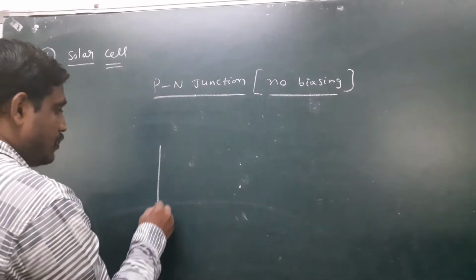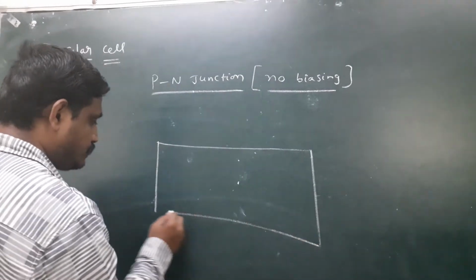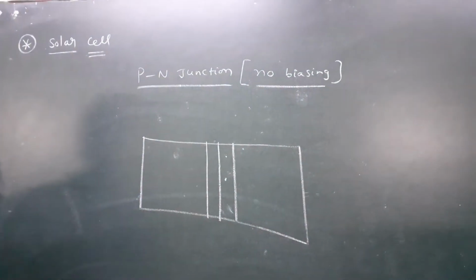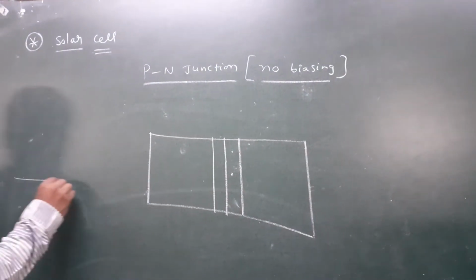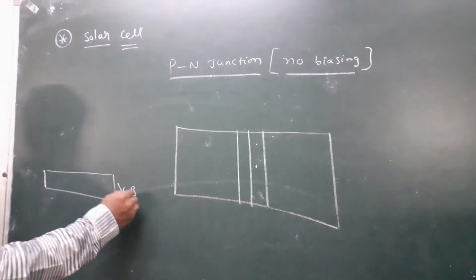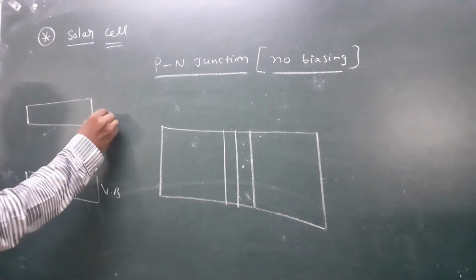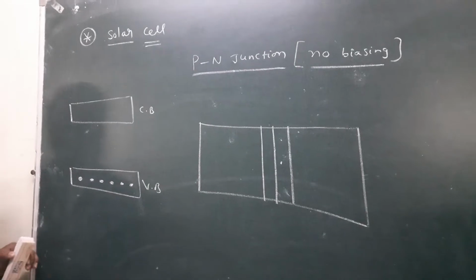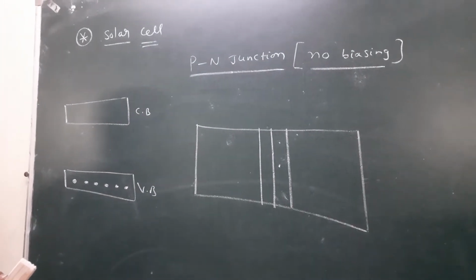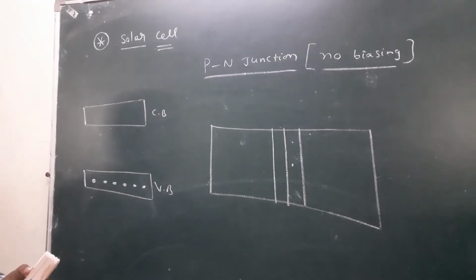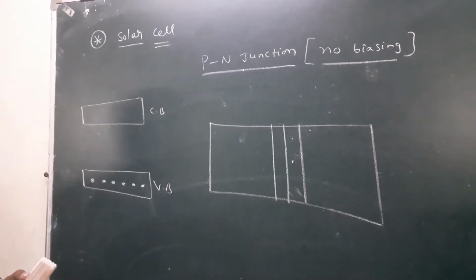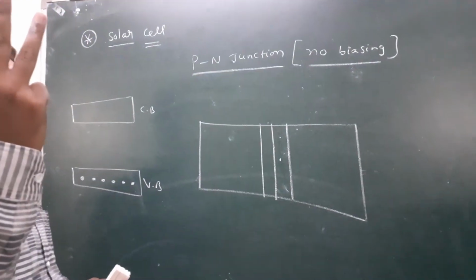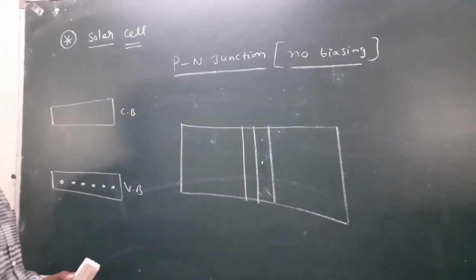Look here, all of you. This is the depletion region. Here also, this is the valency band and this is the conduction band. Valency band contains valency electrons, which are unpaired electrons. Silicon, fourth group: how many valency electrons are there for one atom? 4 valency electrons. Aluminum is the third group, so 3 valency electrons for each atom.